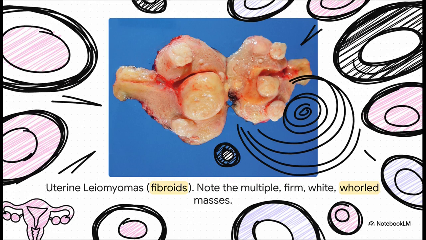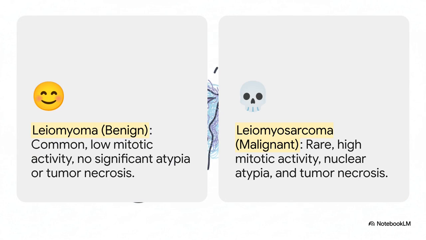They're totally benign tumors of the smooth muscle. And when you cut one open, it has this classic look. See it? Firm, white, and this sort of whorled, swirly pattern. So the big question is, how do we tell this super common, benign fibroid from its very rare but very